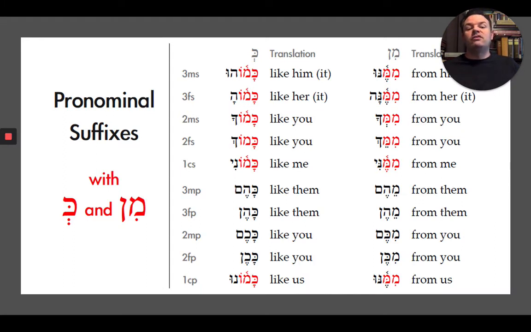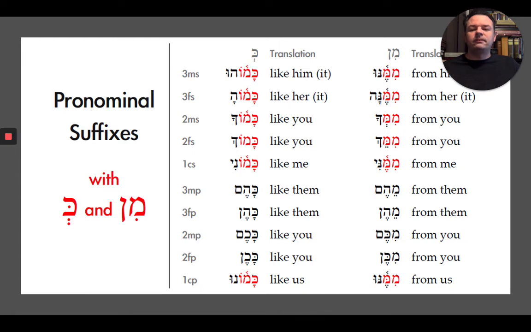You've got the same ones for men, and you've got the doubling of the nun there. So mimenu, mimena, mimeka, mimake, mimani, and then mimenu. And then the other ones, right, the 3MP through the 2FP, they look pretty similar. Don't spend a ton of time trying to memorize all of these, but maybe just remember, all right, so the